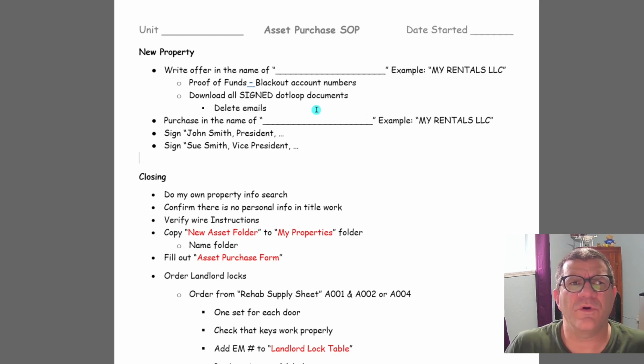So if you have your properties owned directly under an LLC that you own, then you're going to write the offer and you're going to sign as member of My Rentals LLC. But if you have a holding company, you are not the owner of My Rentals LLC. Your holding company is. So you have to actually elect yourself as president and sign John Smith, president of